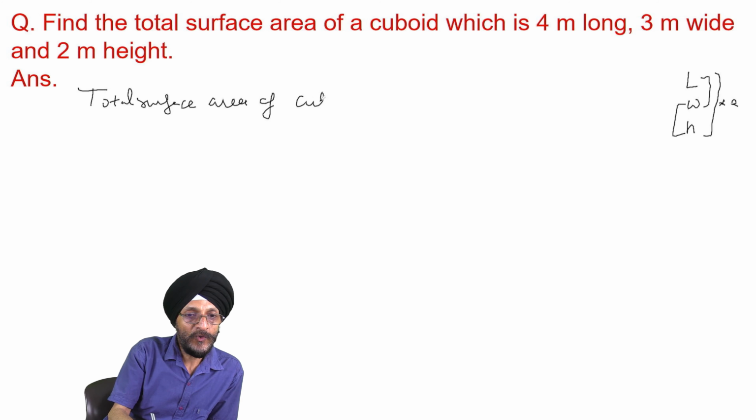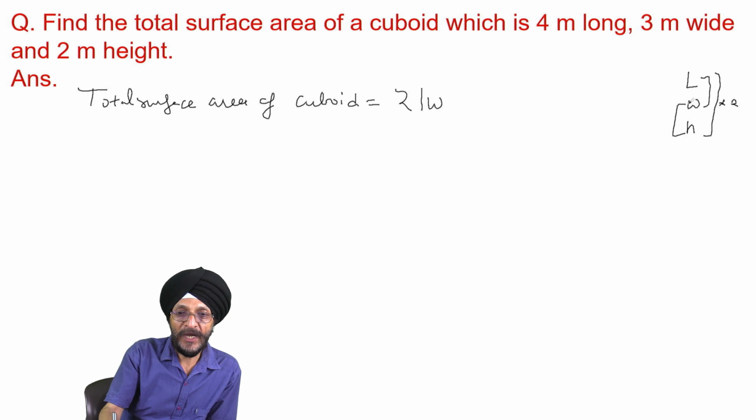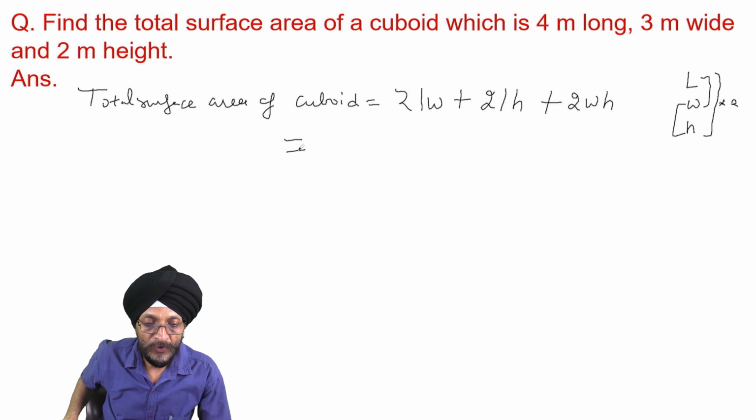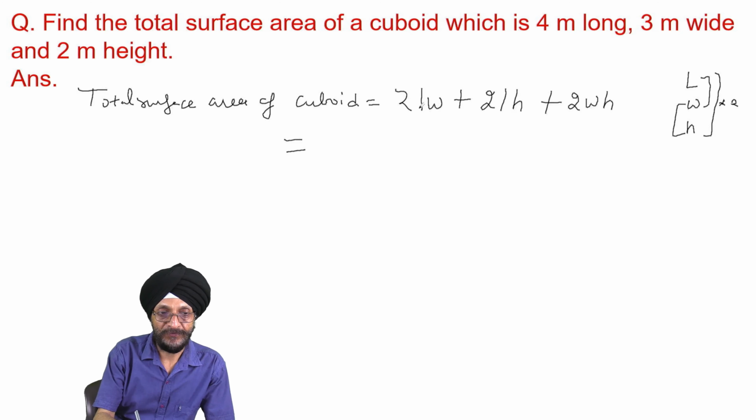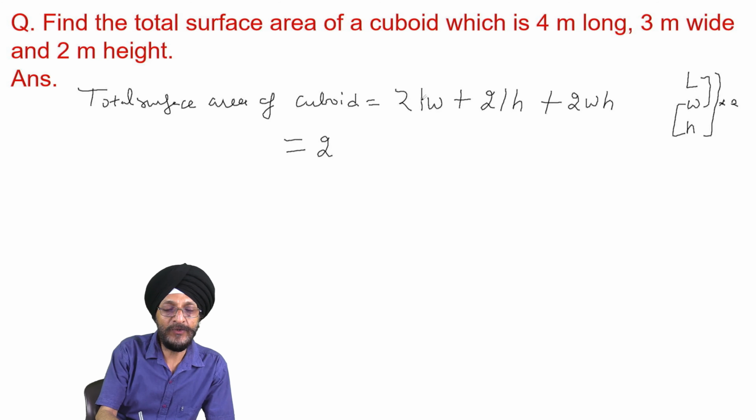So we can say that the total surface area of the cuboid is equal to 2 length multiplied by width plus 2 length multiplied by height plus 2 width multiplied by height. Now we will put in the relevant values. What are the relevant values? 2 length given before us in the question is 4,